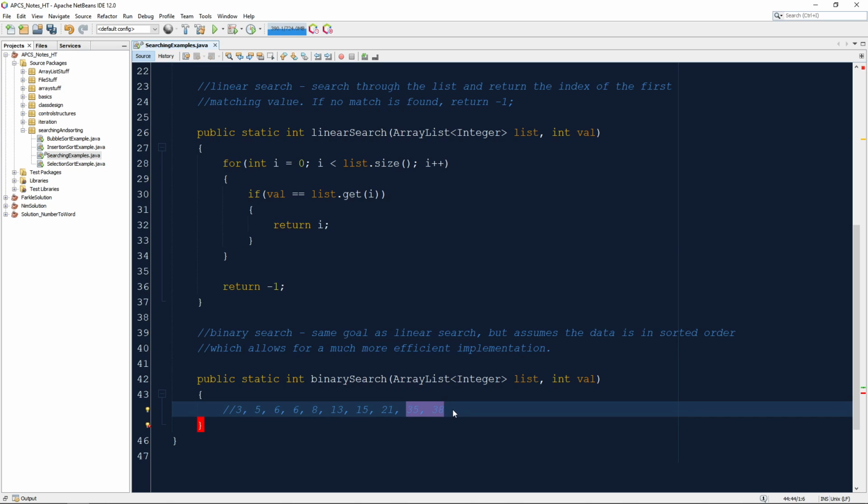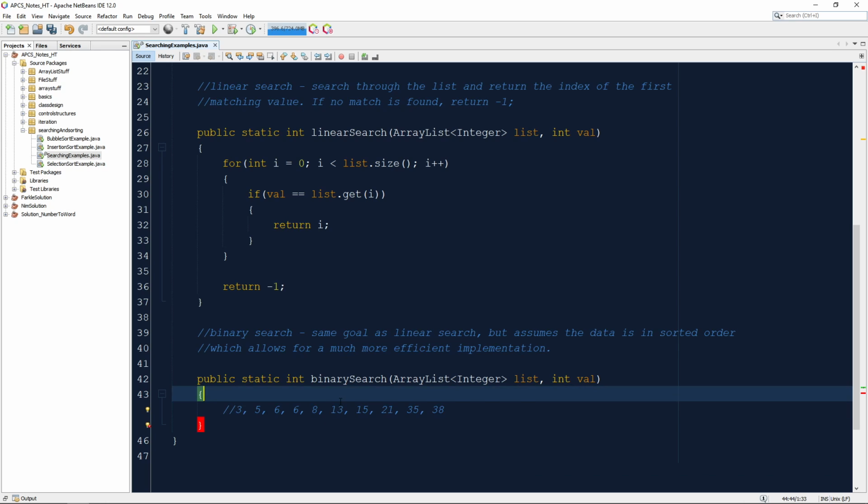But either way, we should have a comfortable understanding of the implementation of the binary search. And so the trick that we're going to do is instead of just guessing where I'm going to start, we're going to pick the middle every time. So the middle of this one, how many items are there in this list? 1, 2, 3, 4, 5, 6, 7, 8, 9, 10. The middle, I'll say, is